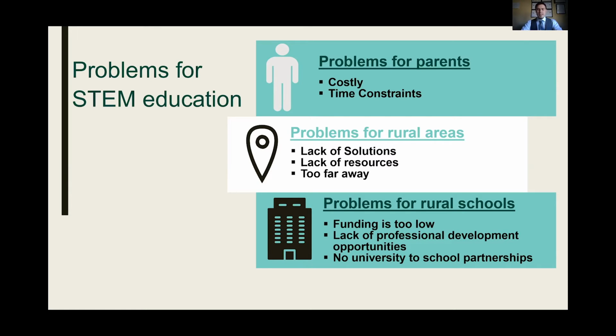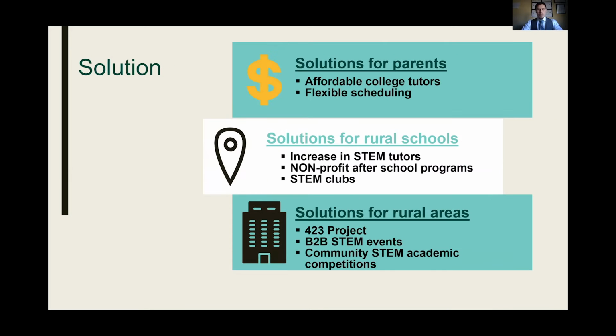And the reason for the Tennessee STEM Innovation Network outreach is because the state seeks to incorporate more university to school partnerships and develop more private partnerships by using the Tennessee STEM classroom grants to provide advancement in STEM education and professional development for current and future STEM teachers. Now, with the Drive for 55 and the desire for Tennessee STEM Innovation Network to provide private partnerships, future innovators can bridge the gap between community, organizations, and STEM education, as well as the gap between rural Appalachian schools and